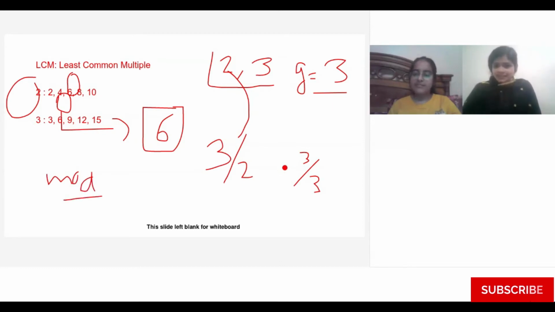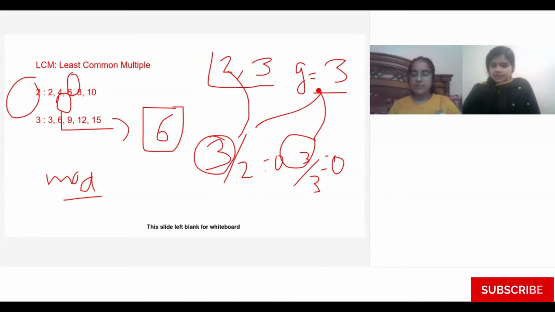We're going to use our mod block, and we'll see whether, when we divide the greater number by both the numbers, we are getting the remainder as 0 or not. If we are getting the remainder as 0, then the greater number will be our LCM. But here it's not the case. Although 3 by 3 will get the remainder as 0, when we divide 3 by 2, we won't get the remainder as 0. We'll get the remainder as 1. So it means we'll ask our greater number to be increased by 1. So the next number will be 4, and again the same story. Now this time 4 divided by 2 will get the remainder as 0. But 4 divided by 3 won't get the remainder as 0, right?